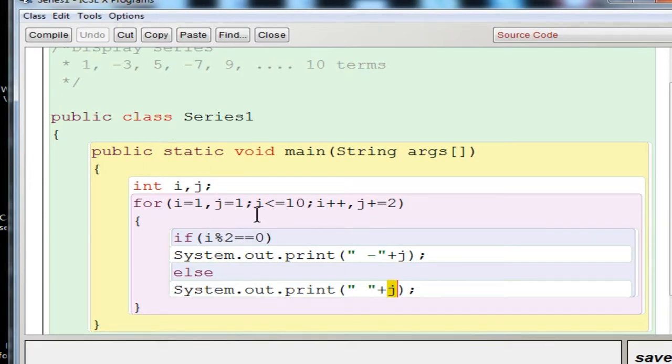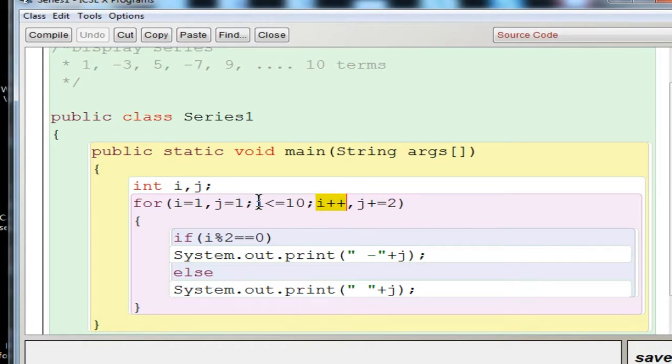Say for example, the first time the i value is 1, i less than or equal to 10 is true. So it gets inside. i, that is 1, % 2 equal to 0 will be false, because 1 is not divisible by 2. It goes to the else part and displays the j value, that is 1. So that is the first number you got here. Now the j value is increased by 2, so it becomes 3, and the i value is increased by 1, so it becomes 2.